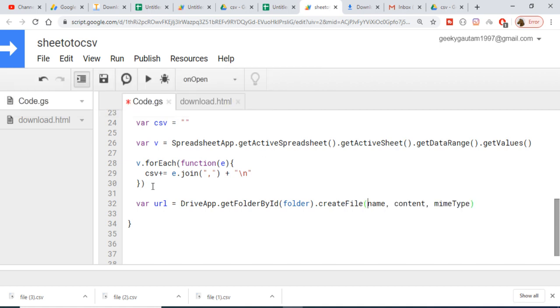So this takes 3 arguments. First is the name of the file. We have passed the name inside our file name variable. The content will be CSV. It will be holding the CSV content, and the third argument is MIME type. So MIME type is whatever is the extension. So here we will be giving MimeType dot, sorry, this is a constant, MimeType dot CSV. So this is a CSV file like this,